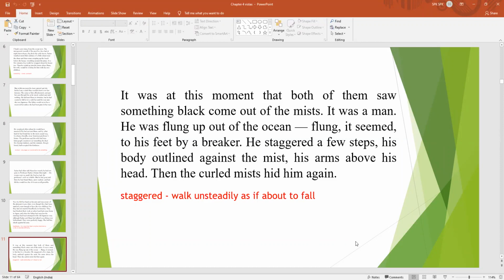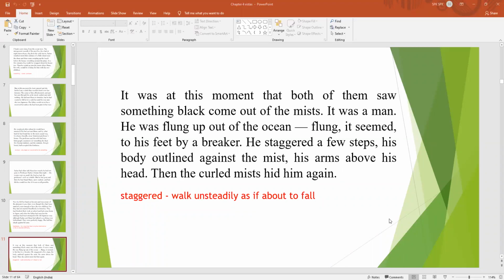It was a man. He was flung up out of the ocean. Flung, it seemed, to his feet by a breaker, and it appeared black in color due to why? Due to the mist around. Due to the mist around, that figure appeared to be black, and the outline of the man shows that